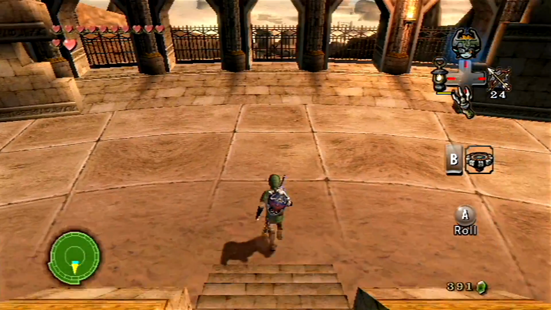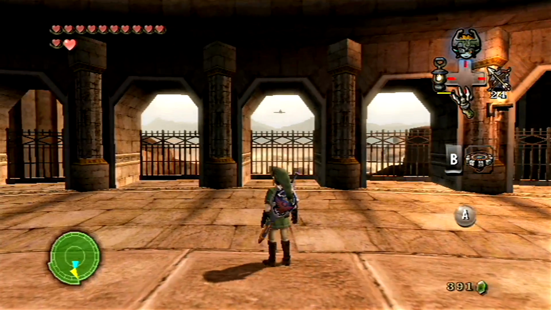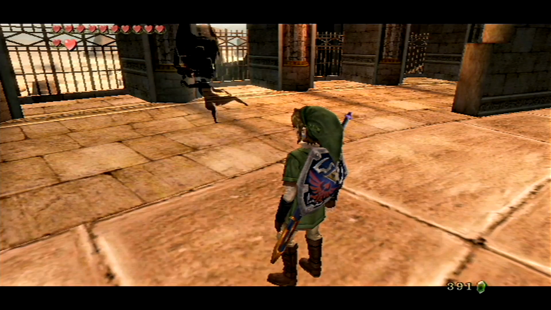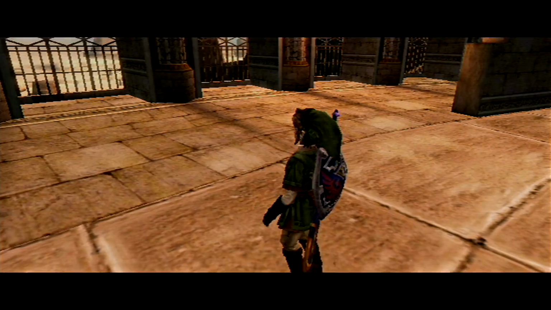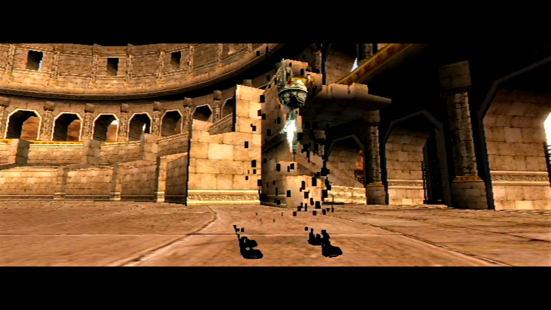Alright, so we've got our next task, and we have a good idea of where to go next, but that isn't here, so let's talk to Midna, and we're gonna warp out of here now. We're actually gonna go to Hyrule Castletown, and you do want to go here if you want to progress the story, but before we actually do that, there's a couple of things that we can pick up